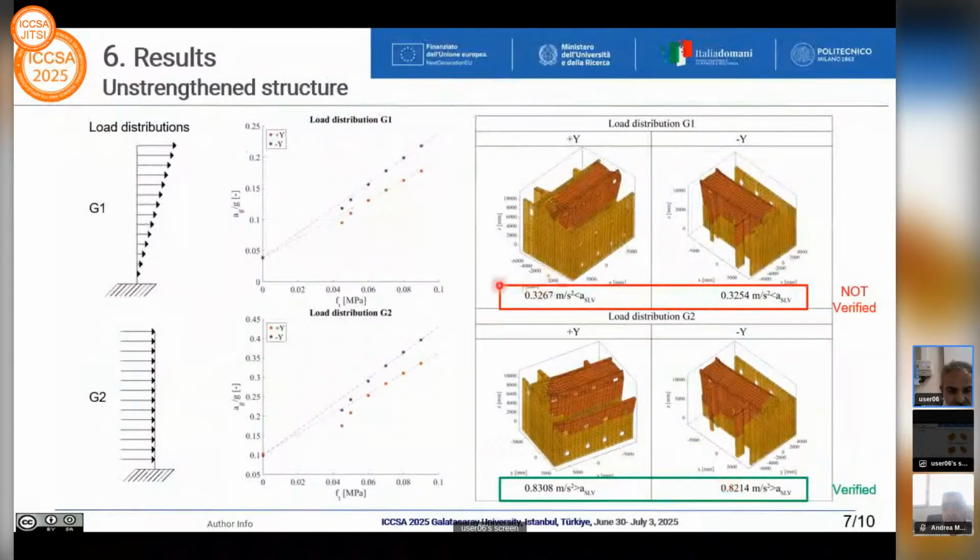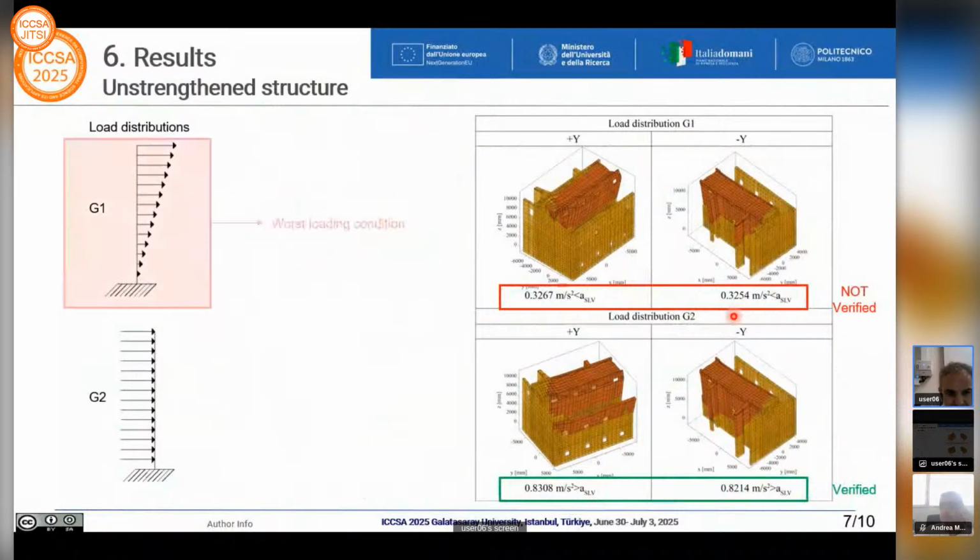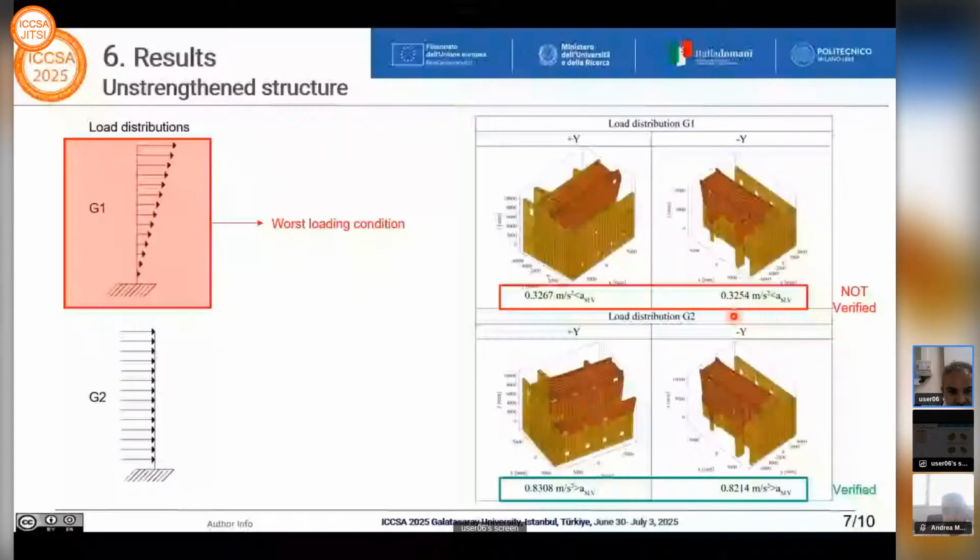for the G1 distribution, the results of limit analysis tell us that for the non-tension material hypothesis, that is obtained with the iterative procedure that we have discussed in the previous slide, the structure is not verified. This means, and it is something that is quite frequent, that the G1 distribution is the distribution that could be considered the worst loading condition. So what to do